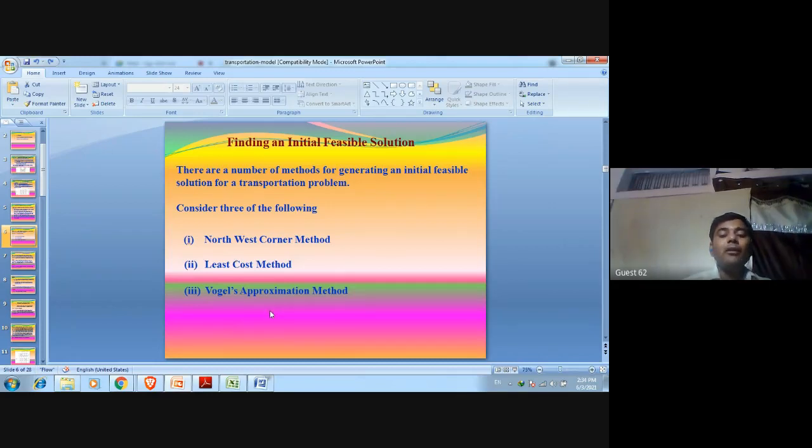So in the optimality test, you will apply only that method. Books में आपके कोई भी method दे सकता है. When you will test the optimality in different number of books, there are so many methods applied. But when you will solve the example in your examination, you will mostly try to find the optimality test by applying the IBFS, Vogel's approximation method.